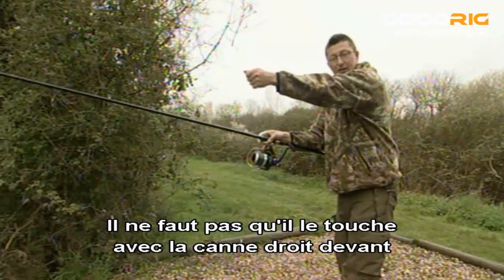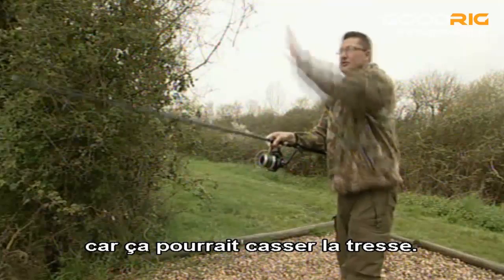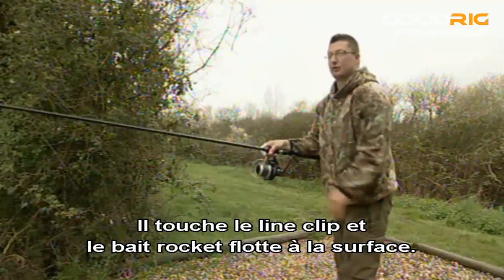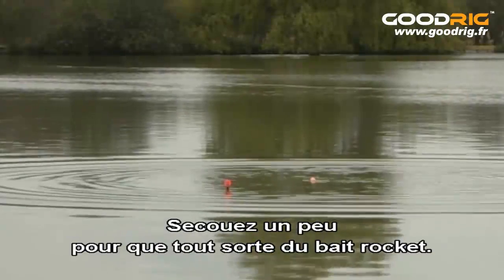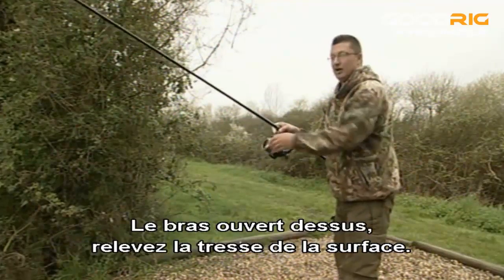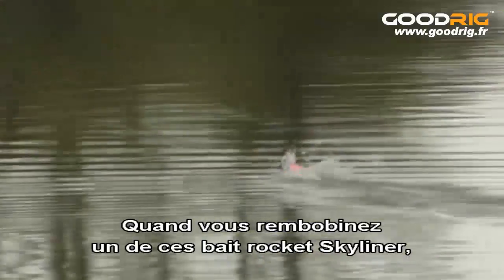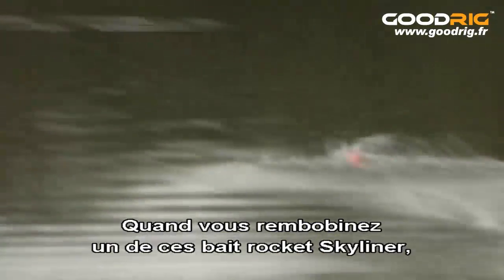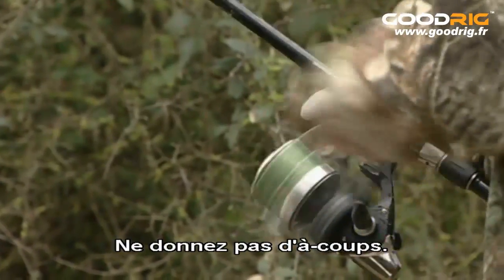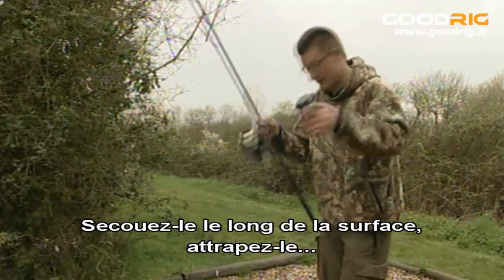You don't want to be hitting the clip with the rod pointing straight at the area, because you could snap the braid. So as it gets out to where you want it, it hits the clip, and just lay the spod down on the surface. Give it a couple of flicks just to make sure all the gear comes out the end of it. Bow arm over, whip the braid up off the surface. When you wind one of these Skyliner spods in, just keep a constant pace on it. Don't be striking against it or pumping it in. Just flick it along the surface, up to your hand,